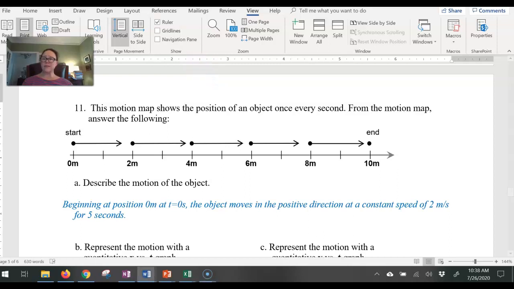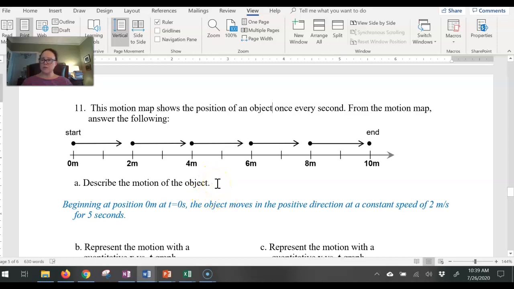This webcast finishes the discussion of Worksheet 2D, where we've been doing some work with velocity versus time graphs. And so we're going to look at the final two questions, numbers 11 and 12. And so in number 11, they give us a motion map, and first they ask us to describe the motion